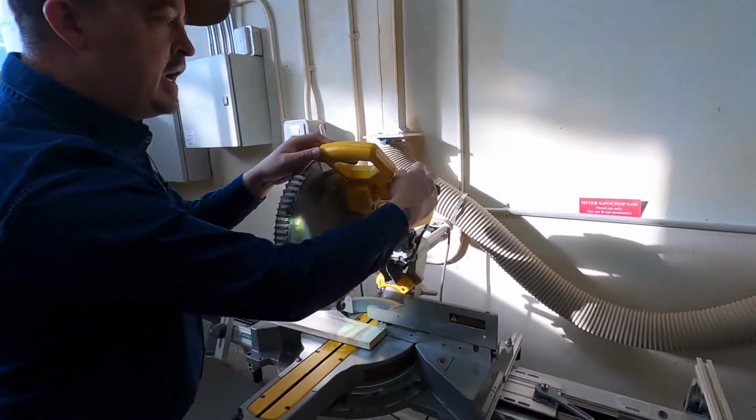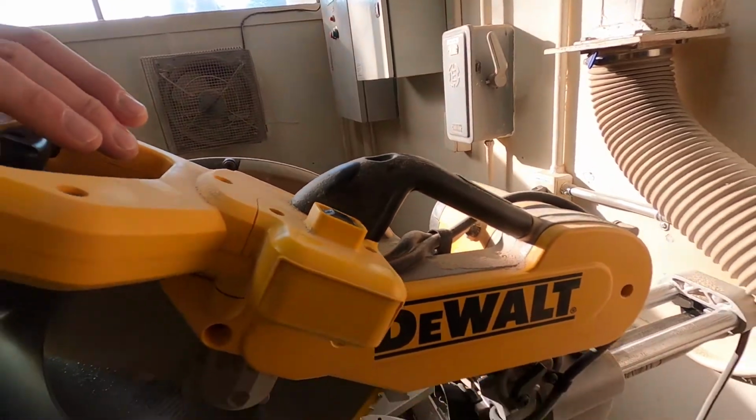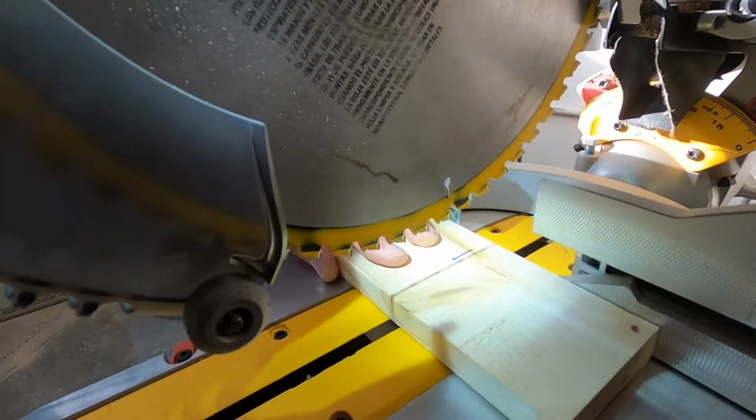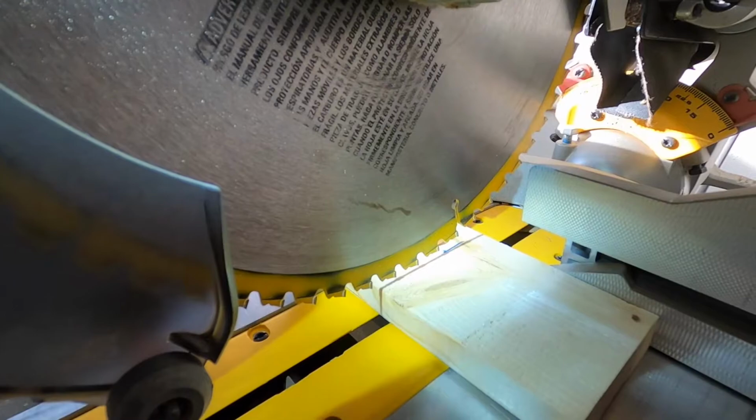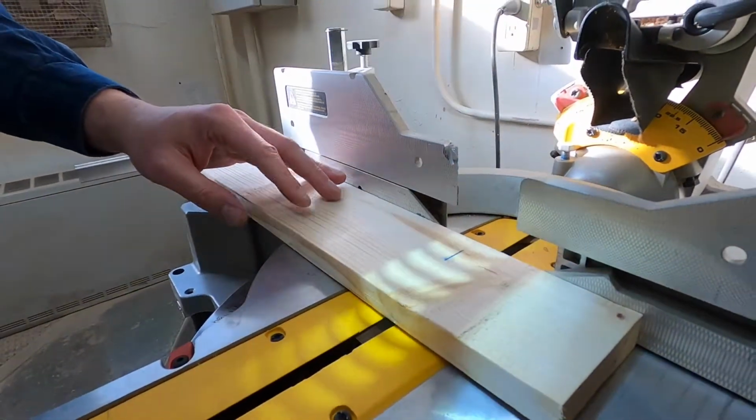Next, it has the light, which is located here with this button. You can turn that light on, then you can see where your blade is going to hit on your line. So now that you have it all set up and ready to go,